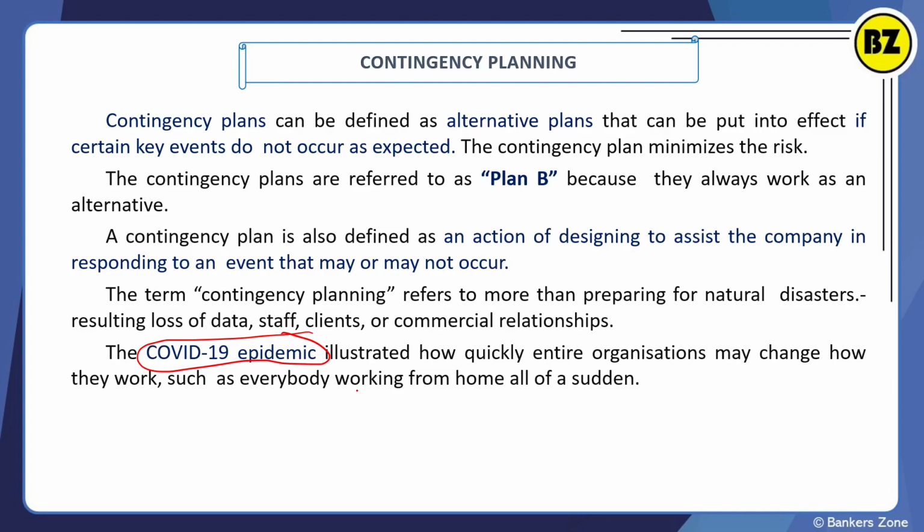For example, we started working from home. We as bankers do very little work from home, right? Because we have some constraints, like access to the system and all. But in private sector companies, in the businesses, they have adopted the concept of working from home, and it is very popular and is giving good results also. So these are the contingency plan.